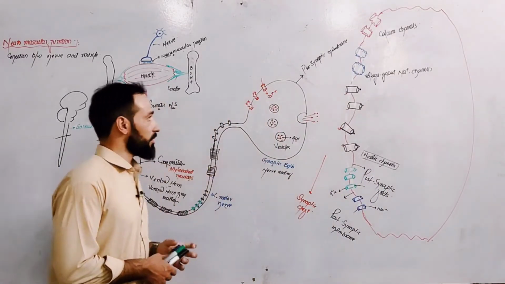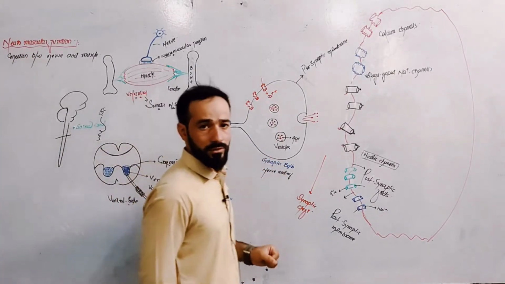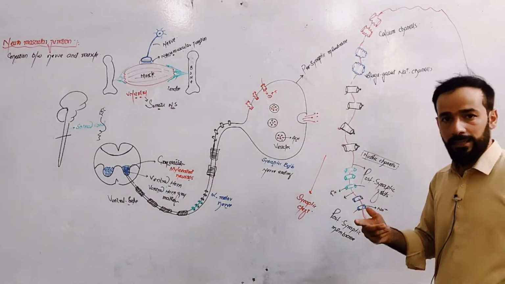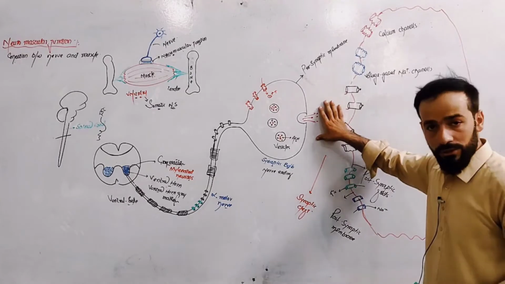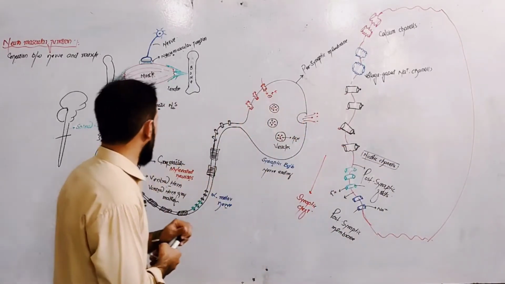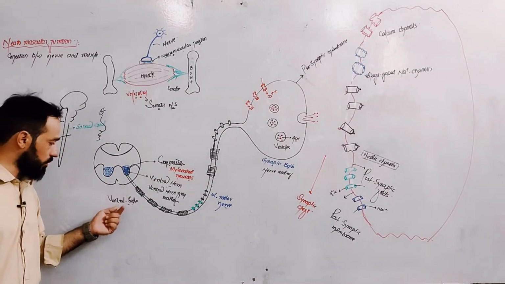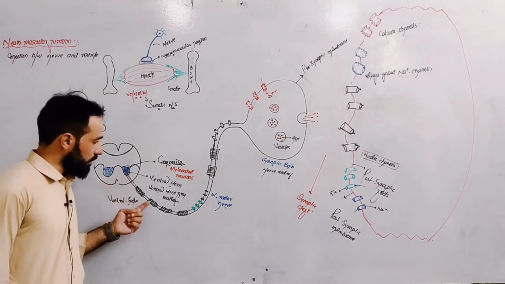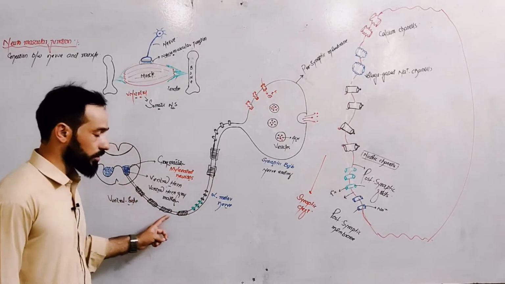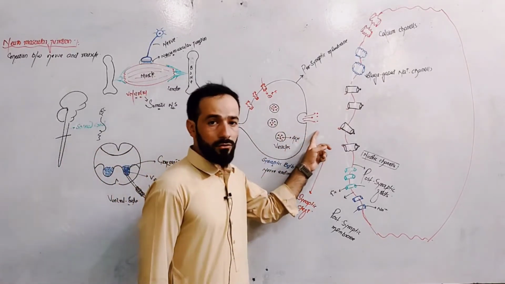Friends, we are discussing the neuromuscular junction. This was my previous lecture, which I recorded about the arrangement of all those things which are needed to explain the neuromuscular junction. Right? Now, in the previous lecture we discussed that from our spinal cord, the ventral gray horn, alpha motor neurons arise, which are myelinated neurons, gray matter neurons, and they bring somatic